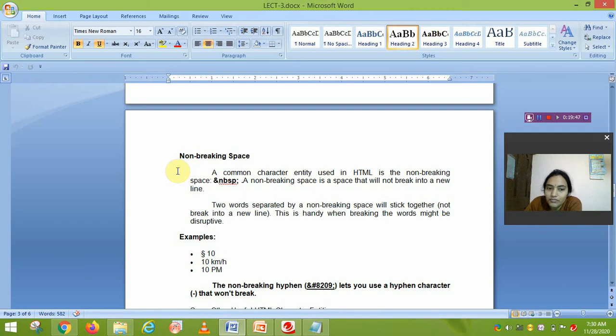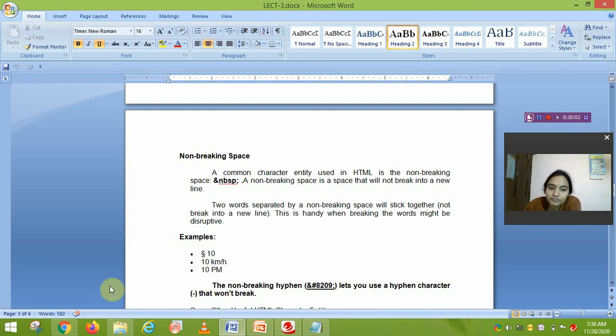Okay, two words separated by a non-breaking space will stick together but not break into a new line. This is handy when breaking the words might be disruptive.